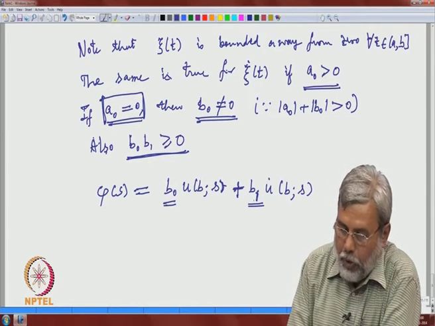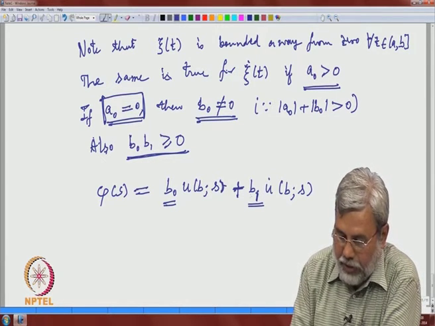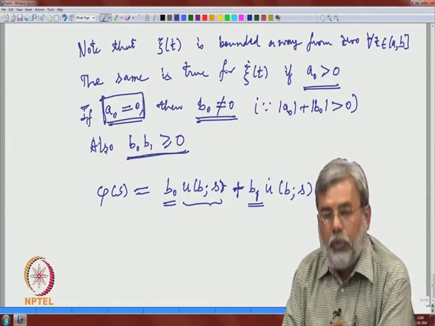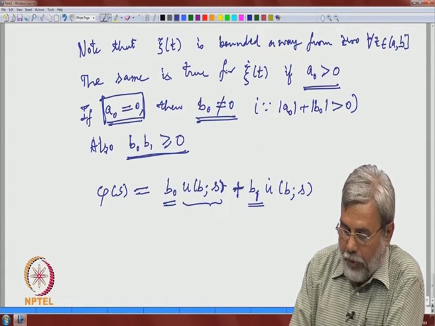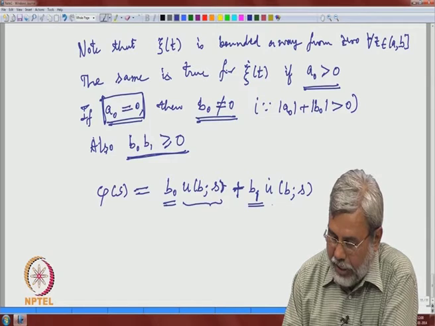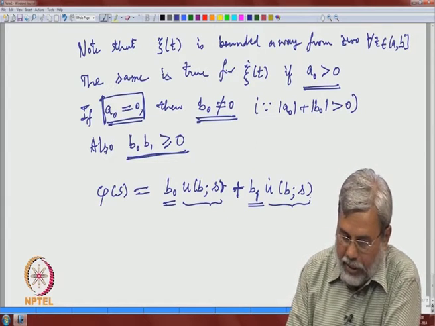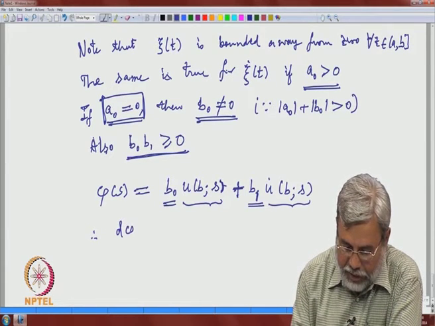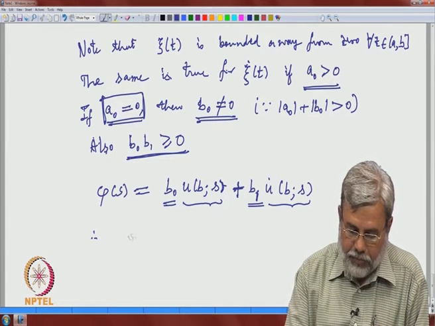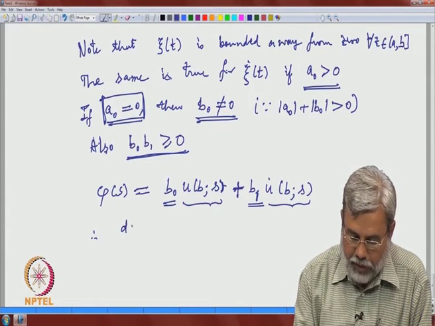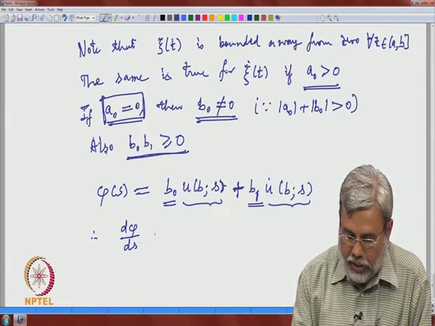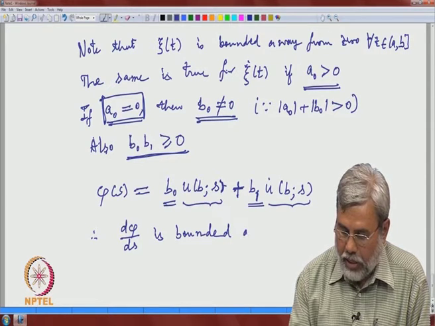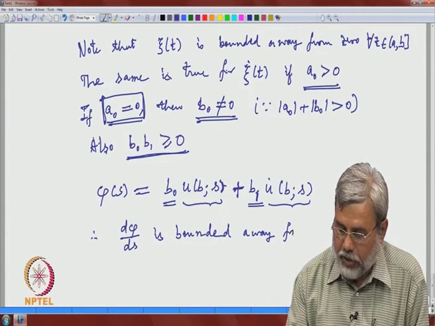If B1 is not 0, B1 and B0 have the same sign. And we have already seen that this derivative of u with respect to s is bounded away from 0. The infimum could be 0, but in this case we have B0 not 0. So, therefore, again d phi by ds is bounded away from 0